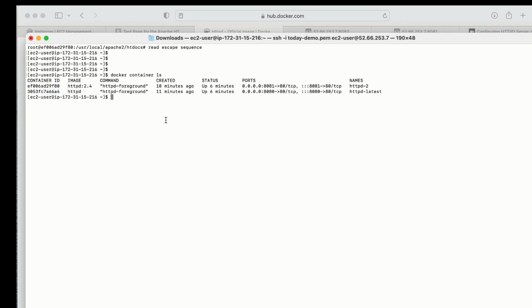Now this is something not possible on the host machine. So that is the limitation of the host machine. On the host machine I can run only a single version of a single application, right? So this is what Docker allows me to do. That is the great advantage of Docker. The second advantage we have for Docker is